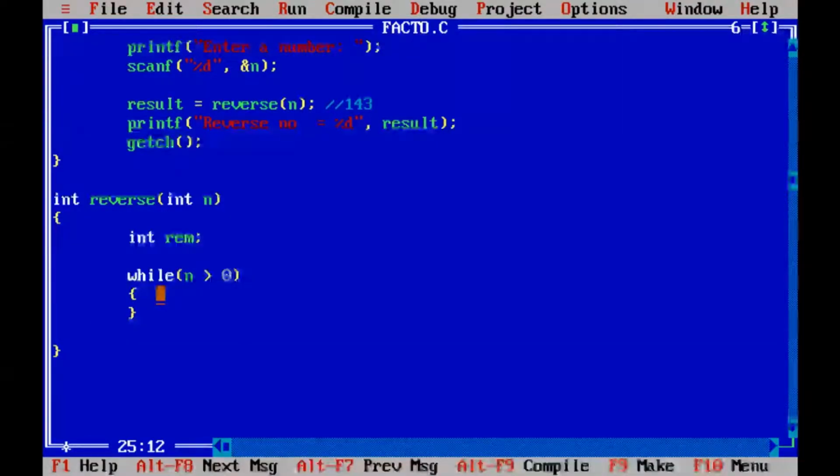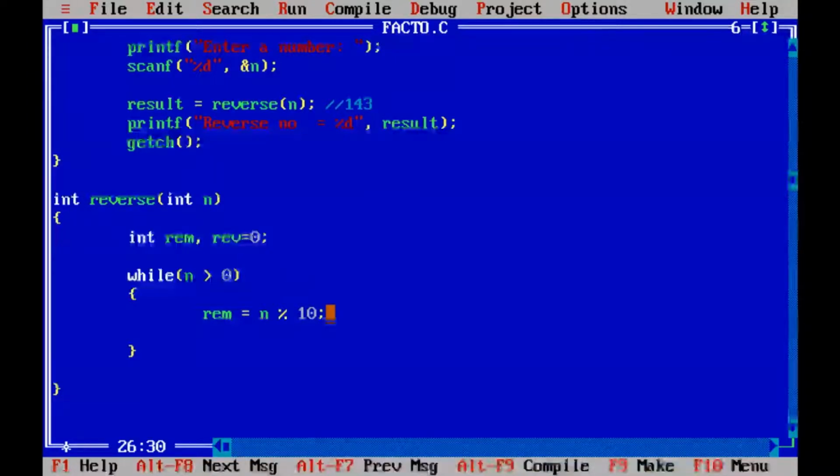So the first thing I am doing, I'll take out the remainder. So I'll say remainder equal to n mod 10. I'll require one more variable to make a reverse number, so I'll simply say rev, and let me declare it as 0, rev equal to 0.